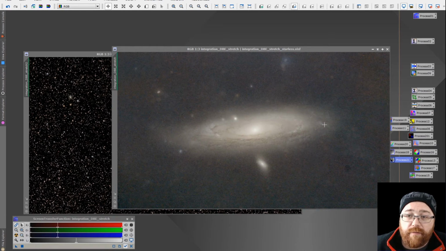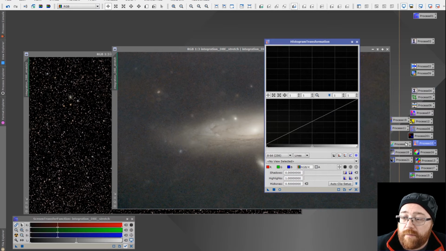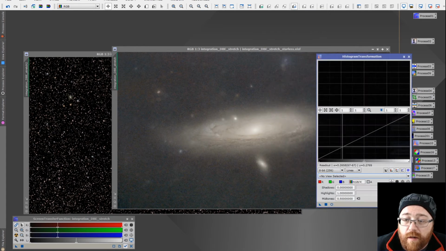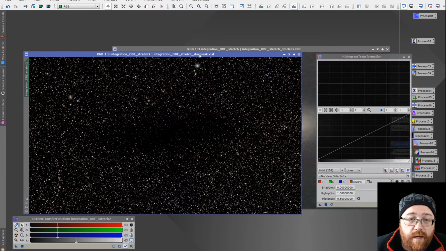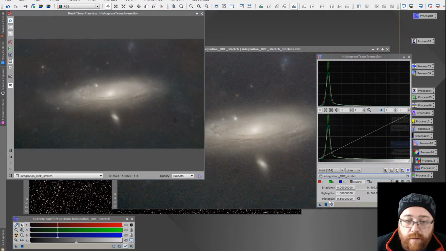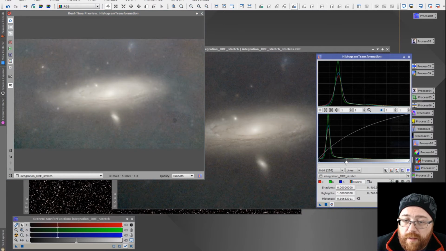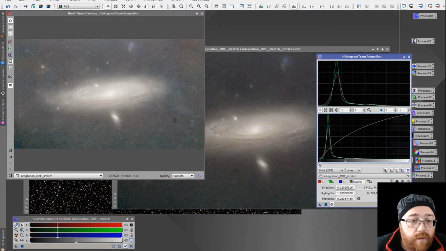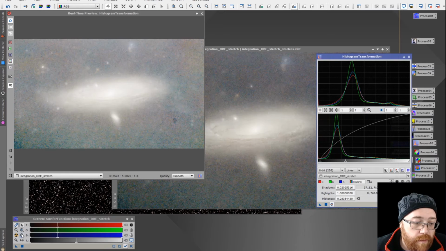Okay, so now that I have the starless mask, I'm going to start doing some color correction. I have histogram transformation and curves transformation. Both of these allow for an image, and I just want to make sure I'm on the stretch. So I want to be on stretch, like so. We can turn this here, and basically we can go and we can stretch the image. Now we don't want to necessarily blow out any of the stars, but we definitely want to try to get the image stretched as much as possible, which we can run there,